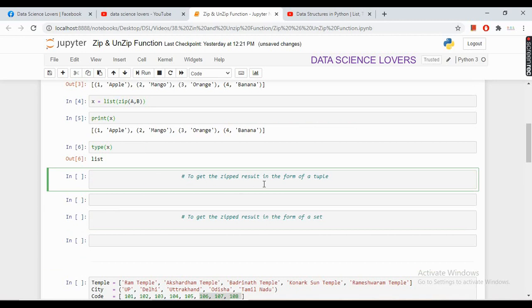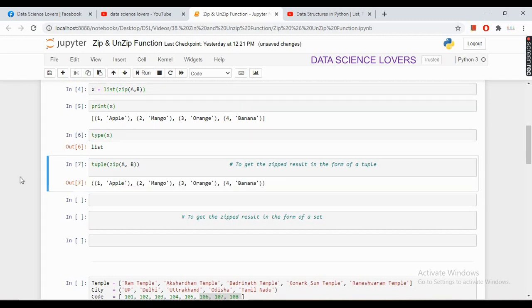Now to get the zip result in the form of a tuple, we have to simply write tuple, and in the tuple we have to pass the zip function. Inside zip function we have to pass our first iterable, which is A, and after comma we have to pass our second iterable, which is B. Now if I run this, the command has been successfully executed, and here if you see there are round brackets now, which indicates that it is a tuple.